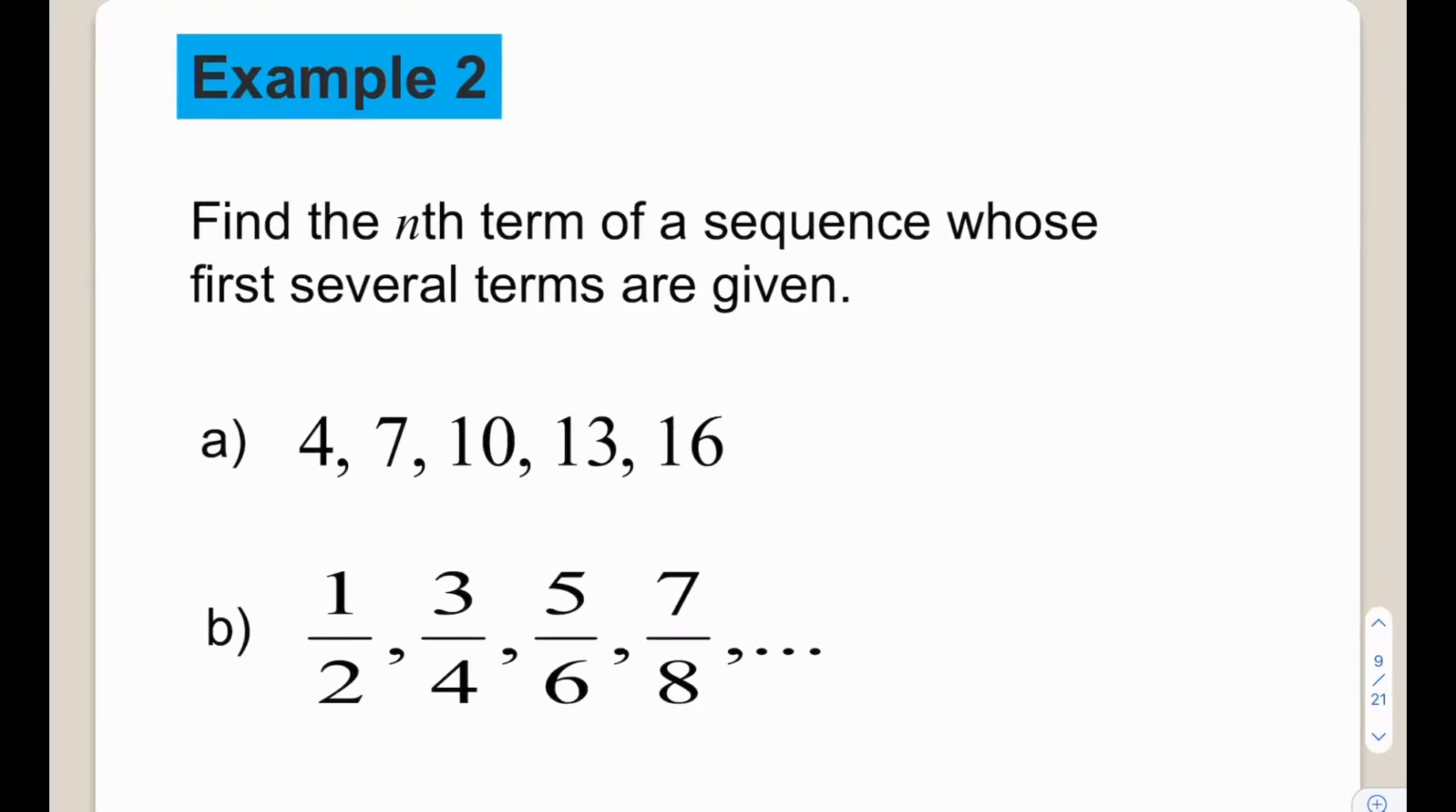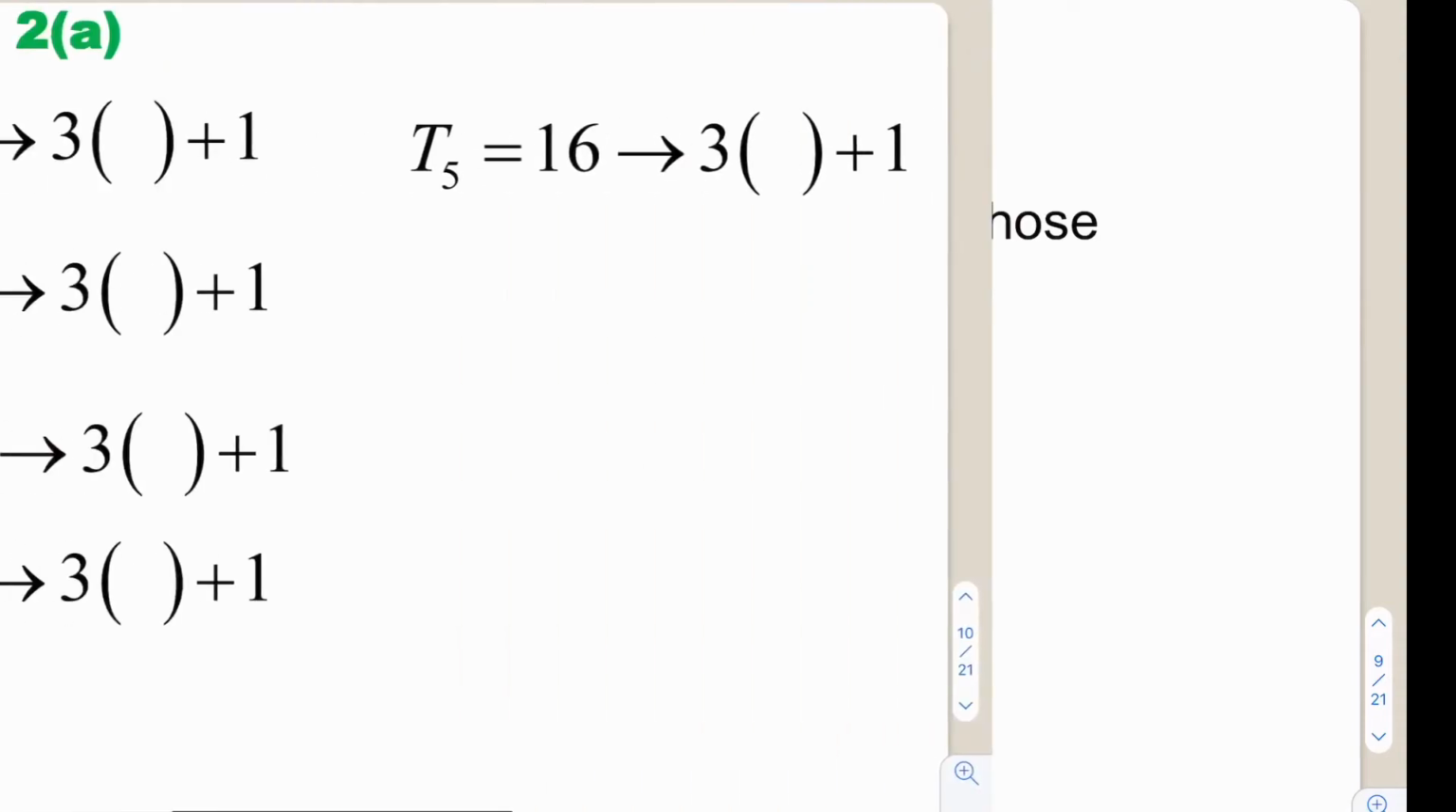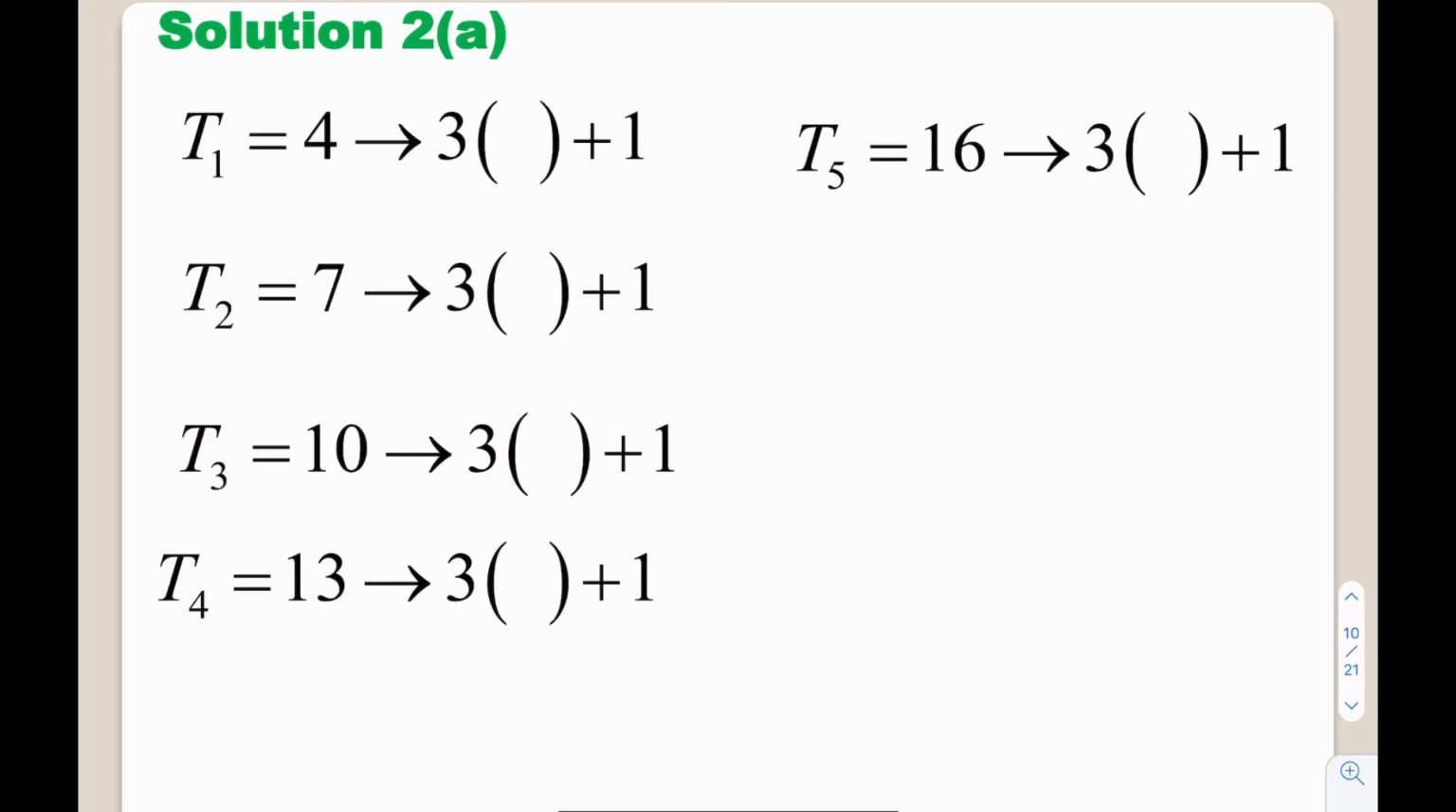Example 2. Find the nth term of a sequence whose first several terms are given. A, 4, 7, 10, 13, 16. B, 1 over 2, 3 over 4, 5 over 6, 7 over 8, and so on. Question 2a is an unknown sequence. So, in order to find the nth term of the given sequence, you need to study the sequence